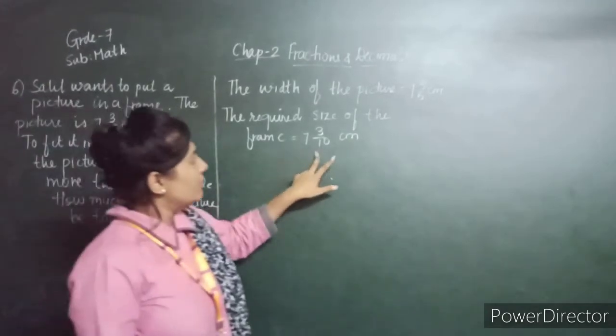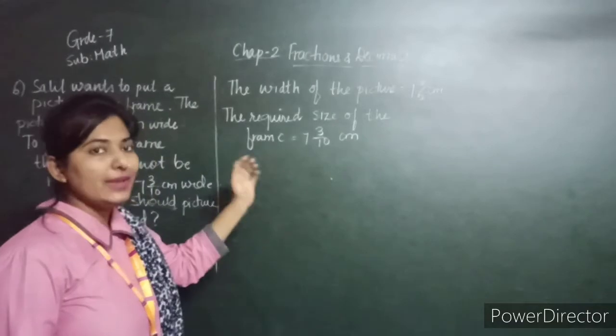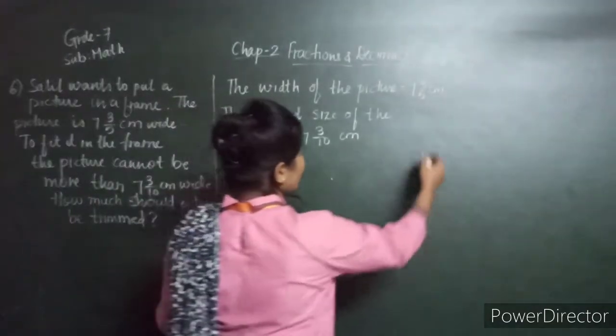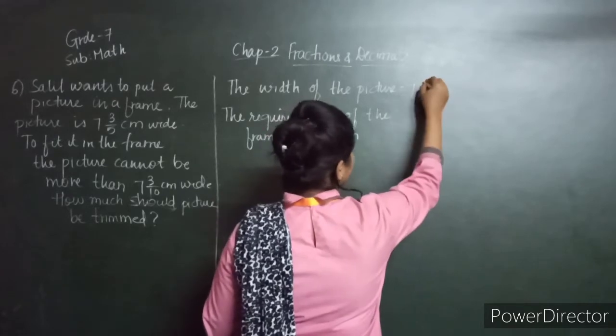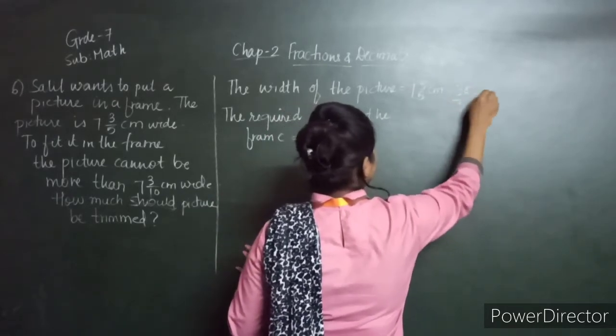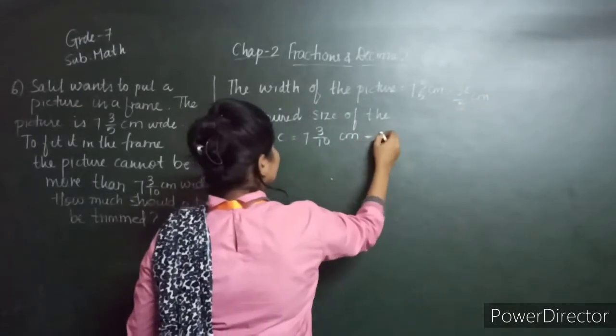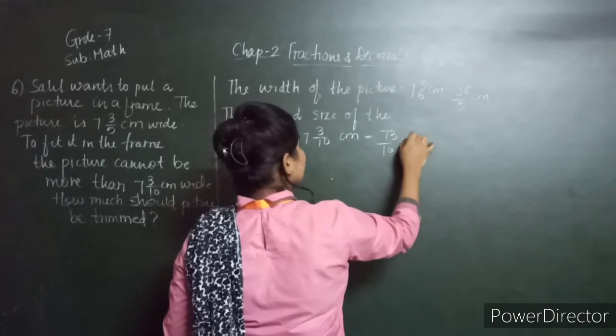Now here what we have to do, first of all we have to convert this into an improper fraction. So here 5 sevens are 35, 35 plus 3, 38 upon 5 centimeter, and here it is 73 upon 10